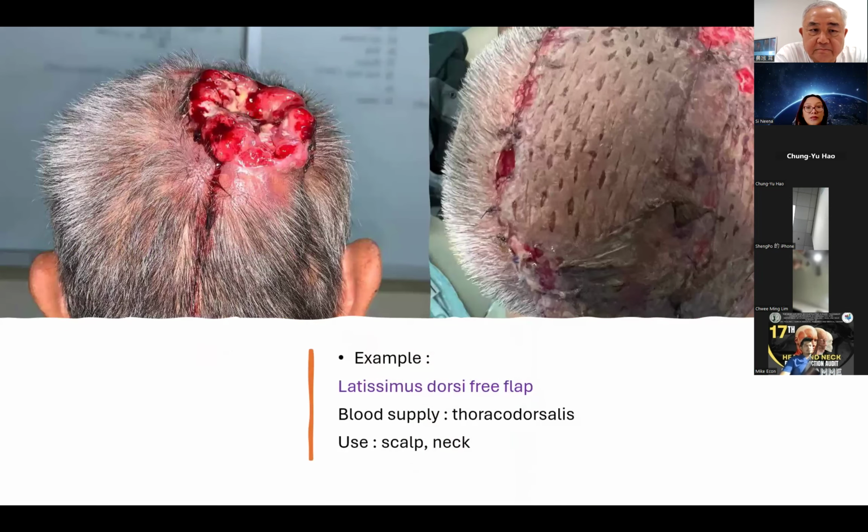And then we have LD flap. I use it commonly for the scalp where you need such a broad soft tissue cover, and then usually we put skin graft on the top of it. And the reason is because you can always include some LD skin as well, but then you're going to leave quite a big defect at the LD side, where you need to reconstruct with the skin graft as well